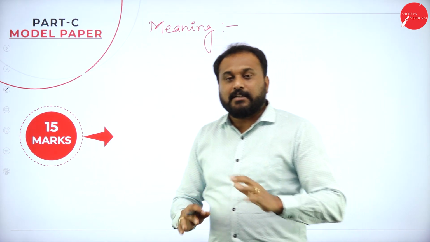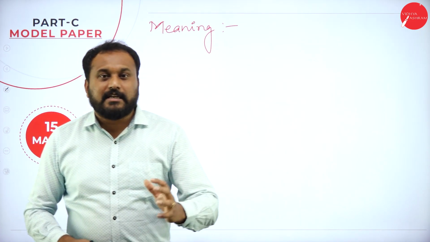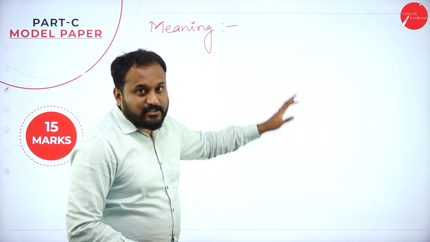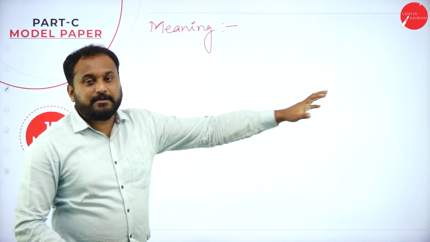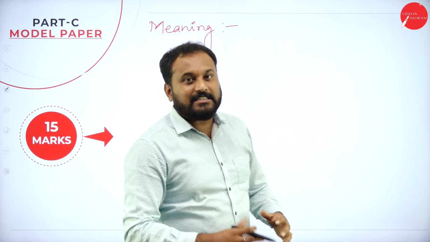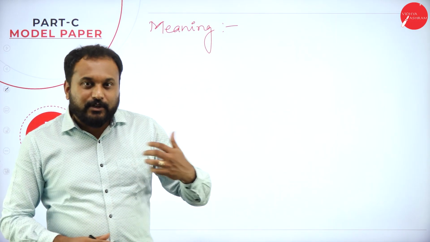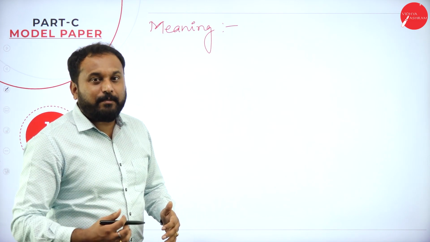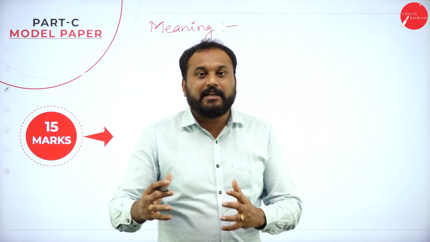That's it, nothing else. They have not asked you what is management. They have not asked define management. They have said explain the characteristics of management. Don't just write the characteristics of management. First you understand. Write the meaning of management. Management is an art of getting things done through others efficiently and effectively. Now when you write that, the person who is correcting your paper will feel that this person knows how the answers are to be written.